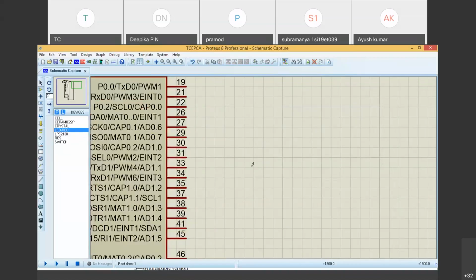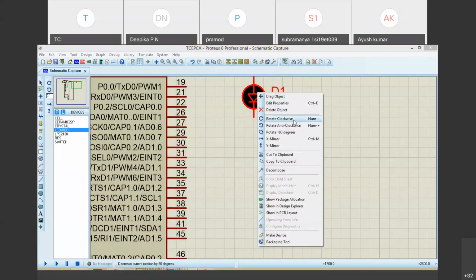I'm enlarging, you can see here. Then I'll click here. Where should I connect? Which pin numbers am I talking about? P0.0, P0.1, and so on, which means pin number 19 onwards. So bring it here, I will just paste one LED here. When I right click, I'll say clockwise.